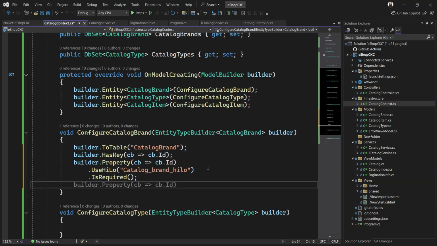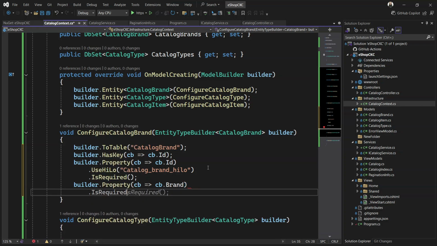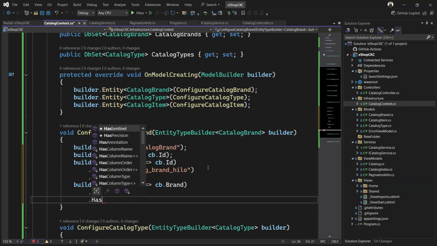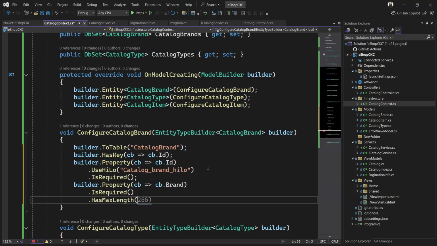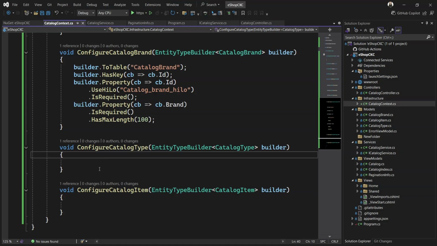And what else? We need one more property. And this time, this property is going to be named brand. And this brand is again required, yes. And we are going to set a max length, has max length of 100. So what is actually going to happen within this table? There is one ID field and one brand field, and it has a maximum length of 100. So on similar lines, we are going to create, sorry,